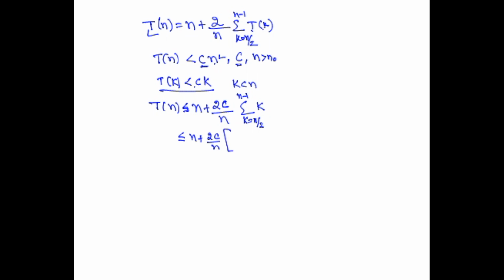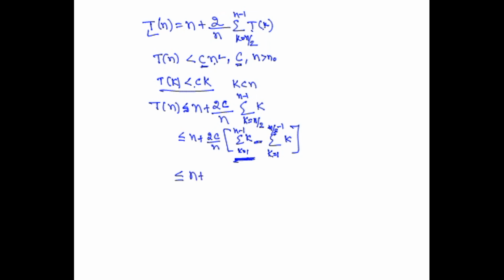So what I can do is write it as the summation of k, where k is going from 1 to n minus 1, the sum of the first n numbers, minus the sum of the numbers up to n by 2 minus 1. So we want to find the sum of numbers from n by 2 to n minus 1. First I find the summation of numbers from 1 to n minus 1. After that I subtract the sum of numbers from k equal to 1 to n by 2 minus 1. Now we will just plug in the formula for this.